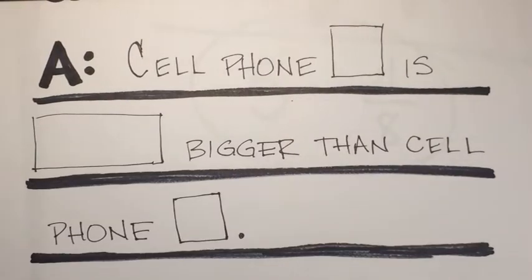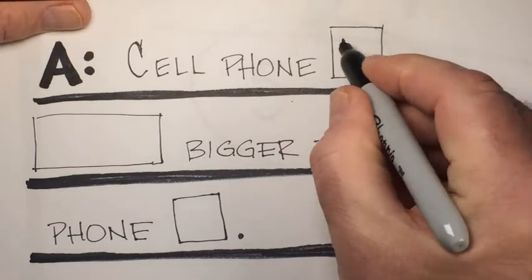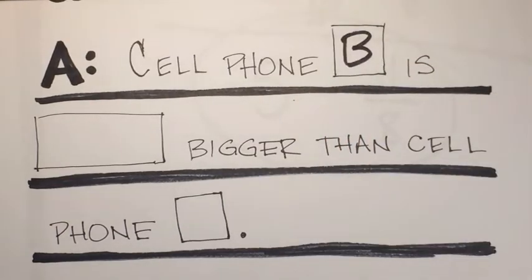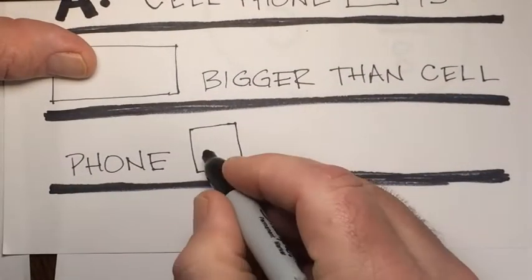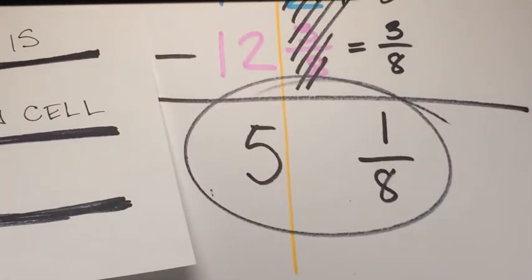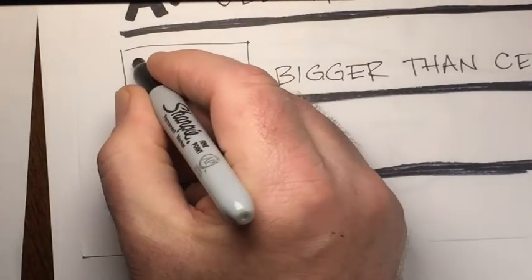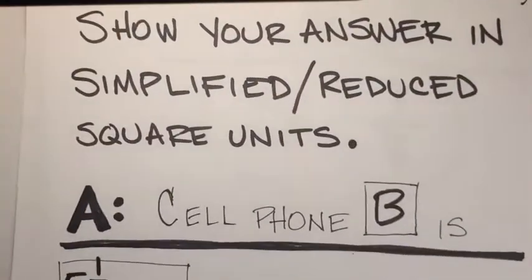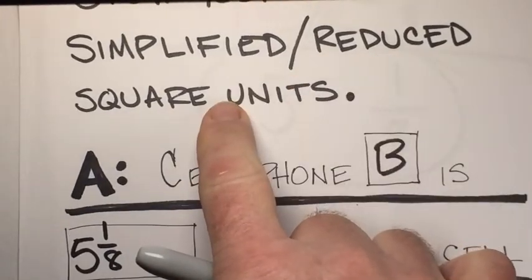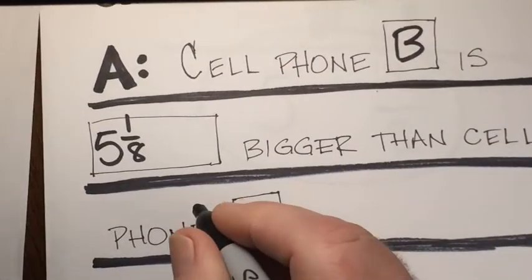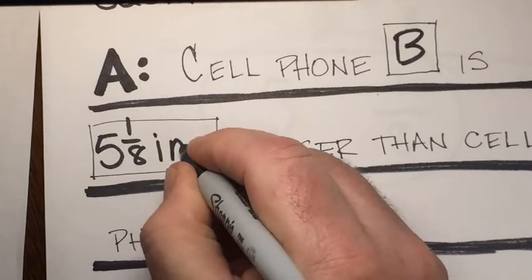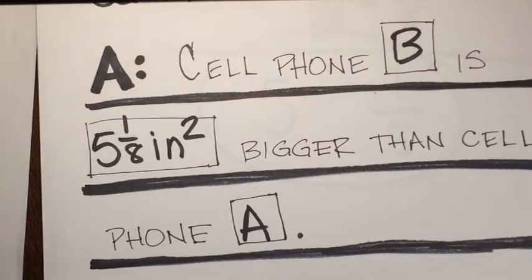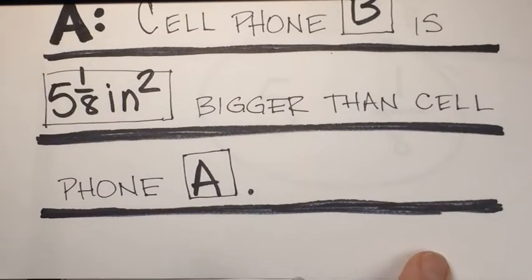So our answer is cell phone B is bigger than cell phone A, and the amount that we found was this number here, 5 1/8. But remember, they said in square units, so we're going to say 5 1/8 inches squared. So now we've answered the question